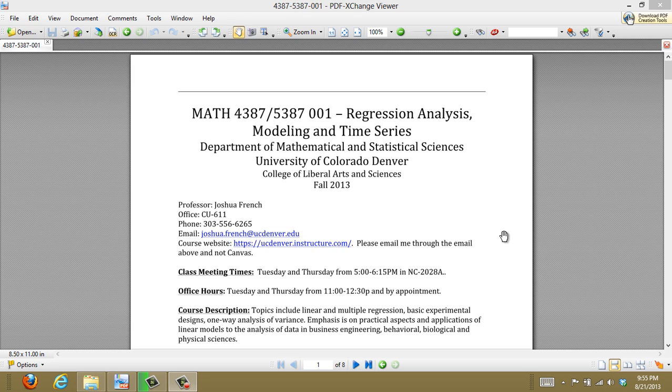My office is CU 611. That's on the 6th floor of the CU Bravo building, across the Spears from the North Classroom building. It's where you'll find me most days of the week. If you need to get a hold of me, one possible way is through the phone, obviously. My office number is listed there, though I would recommend not contacting me that way, as I often forget to check my voicemail, in all honesty. However, I am often on email. I'm there most of the day, so if you need to send me an email, please send me one at